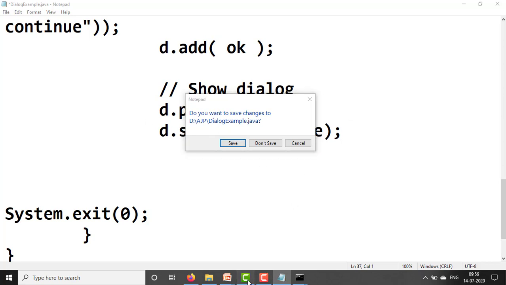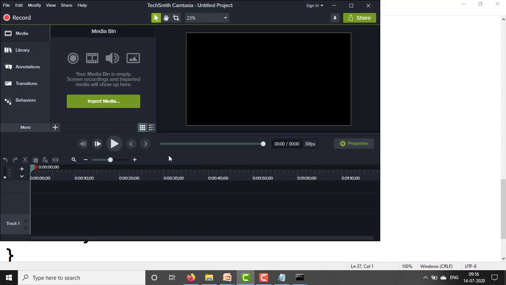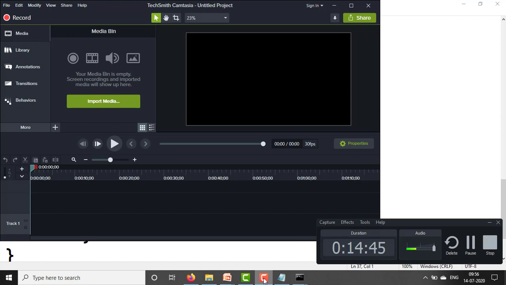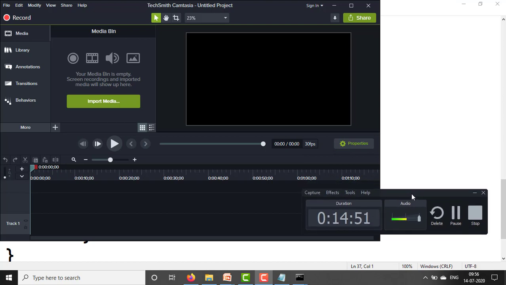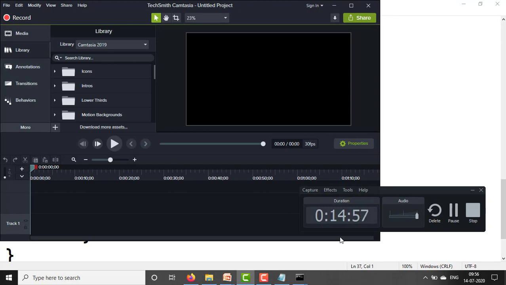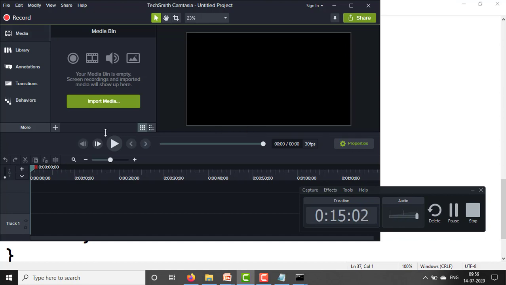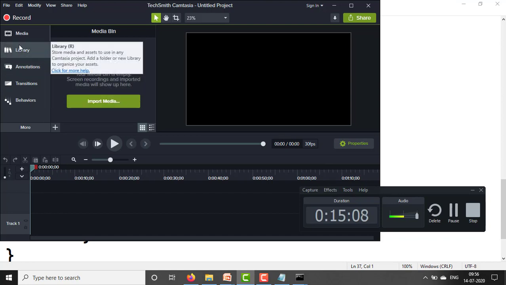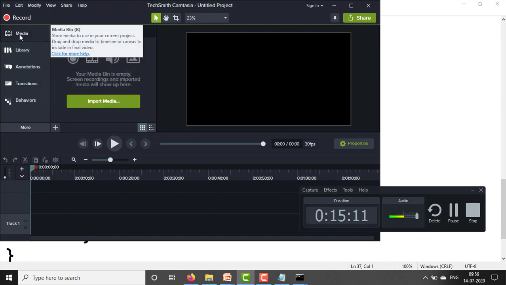And here, this is the software. This is the parent window, and on this window another window is running. It is also a dialog box which takes input from the user, but I can do some tasks here. So this is the modeless dialog box. Control can be transferred to the parent window. On the parent window you can perform some task without closing the dialog box. That dialog box is called a modeless dialog box.